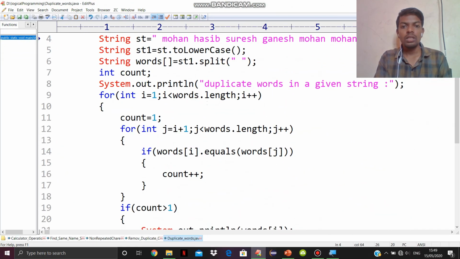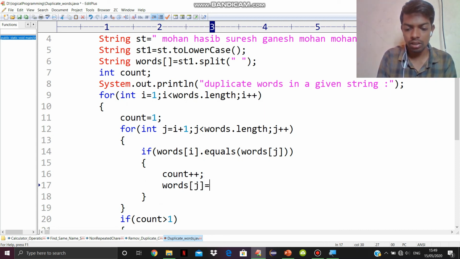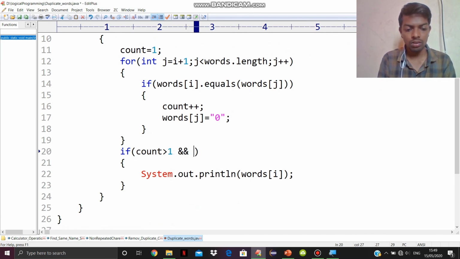So this is not good programming design. So what should we do? For that, words[j] equal to 0 and words[i] not equal to 0.